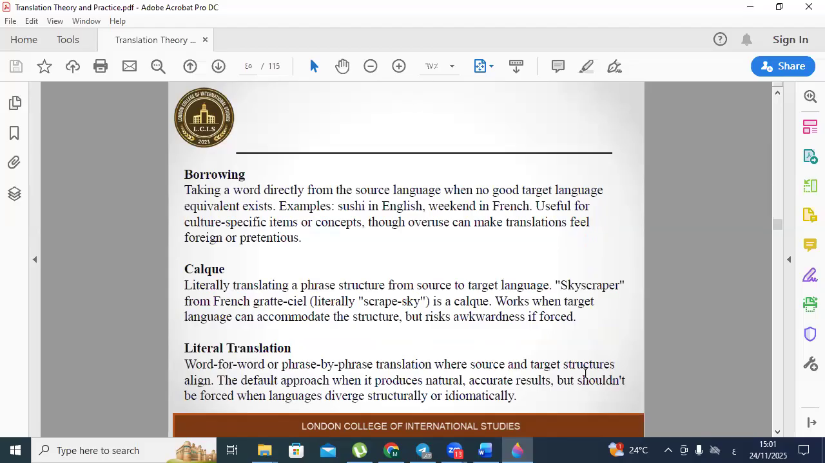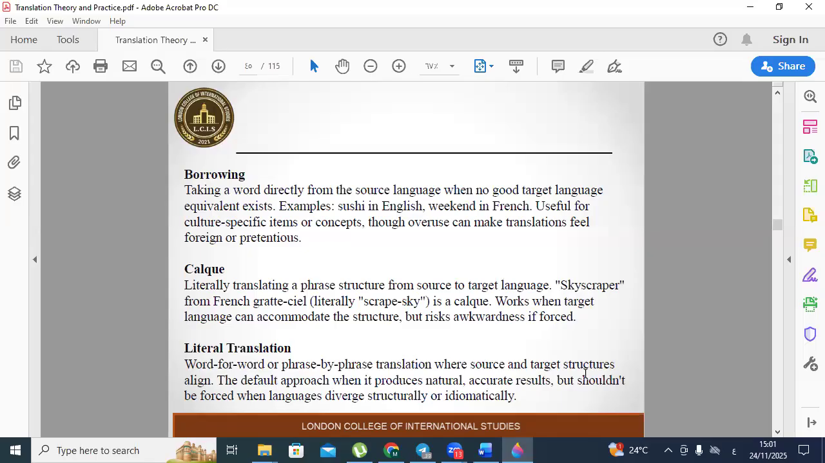Borrowing: taking a word directly from the source language when no good target language equivalent exists. Example, sushi in English, weekend in French. Useful for culture-specific items or concepts, though overuse can make translations feel foreign or